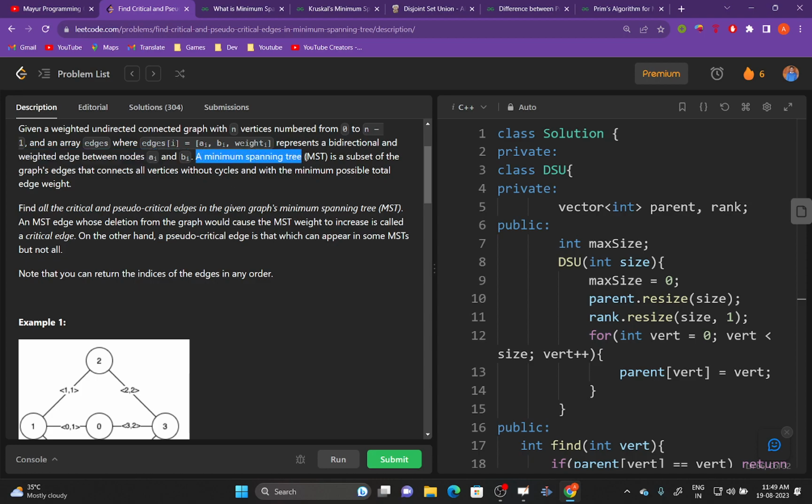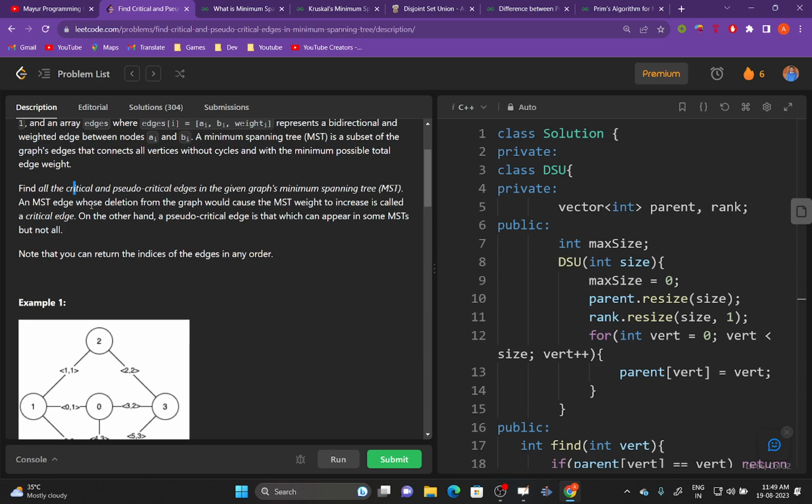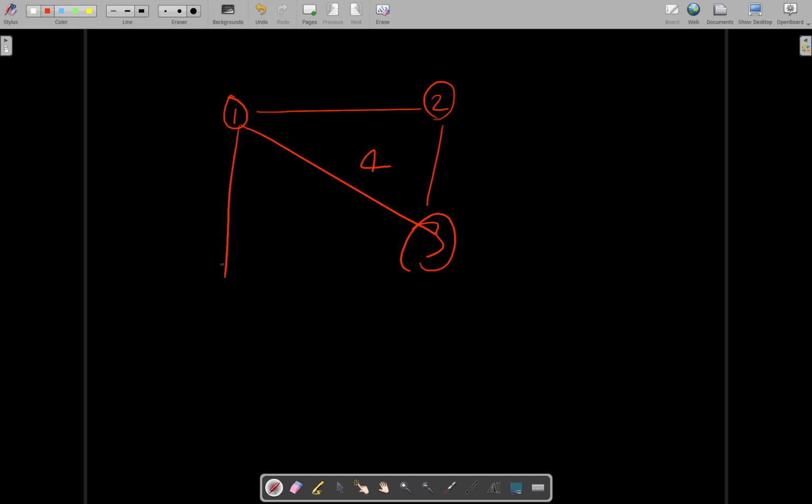A minimum spanning tree is the subset of graph edges that connect all the vertices without cycles and with the minimum possible total edge weight. So let's consider a graph. For example, 1, 2, 3, 4, 5, 1, 2, 3. So what will be the spanning tree of this graph? It will be